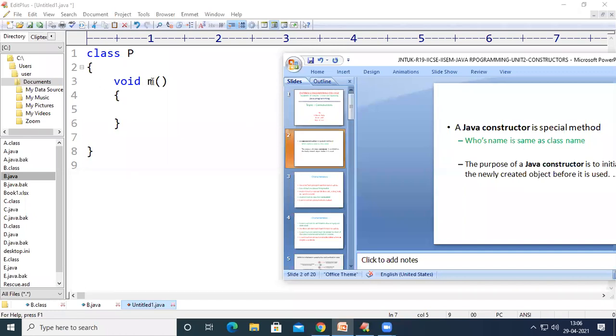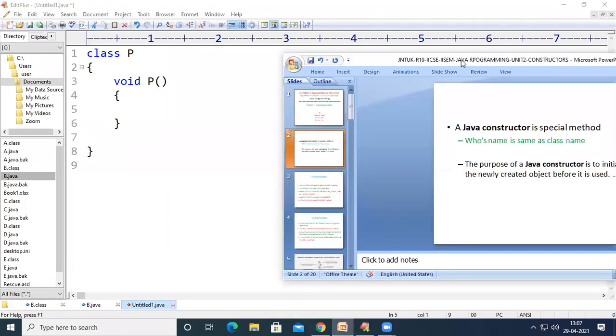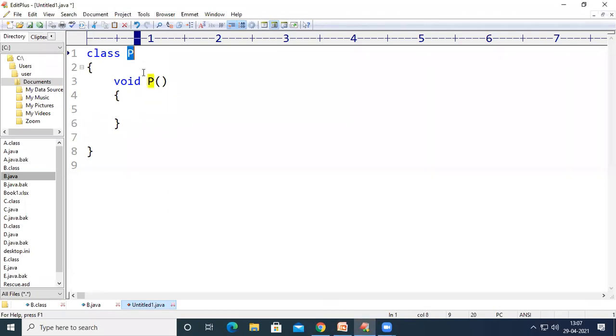So if we change this name to the class name, then it will become a special method which can be called a constructor. But there are some properties for the constructor. I will show you in the slide. So now if the name of the class and the name of the method are both the same, then this method can be called a constructor.